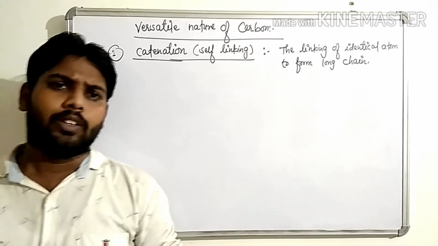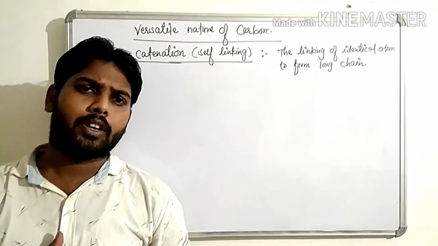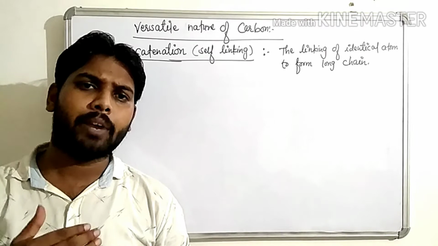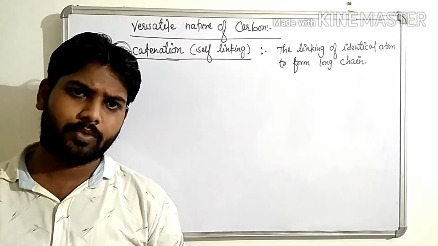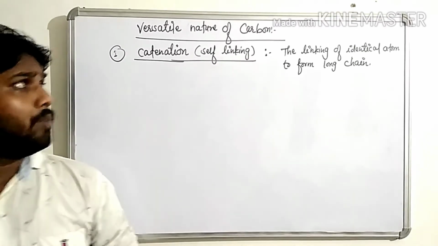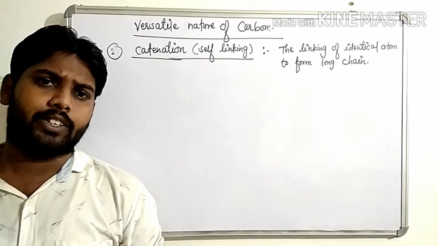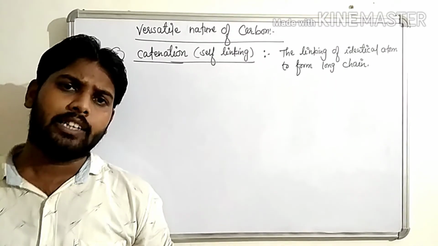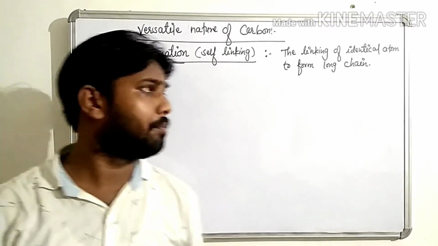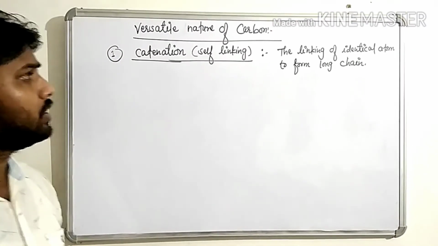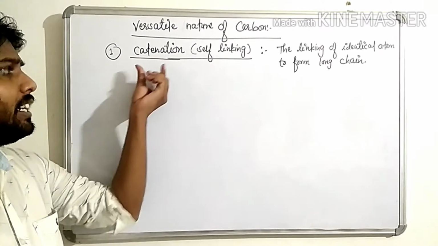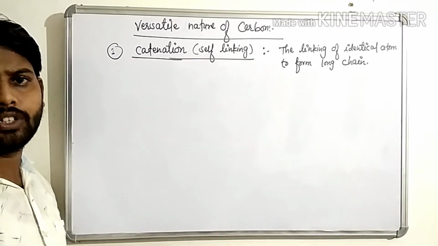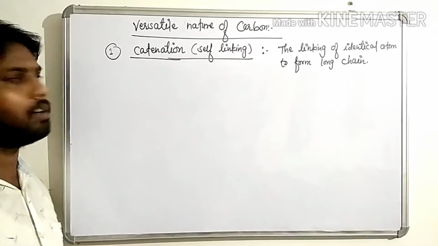Students, the number of carbon compounds, which are also called organic compounds, is increasing day by day in our life. So what is the reason behind it? What property does carbon have that it forms a large number of compounds? Okay, children, so the first reason is catenation. Carbon has one property that is called catenation, which forms a large number of compounds.